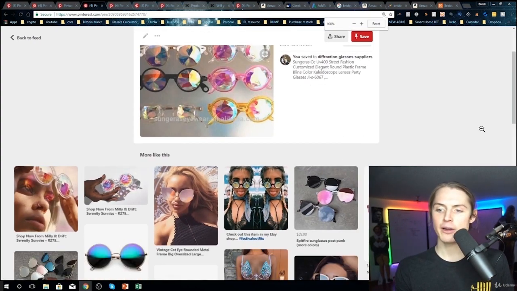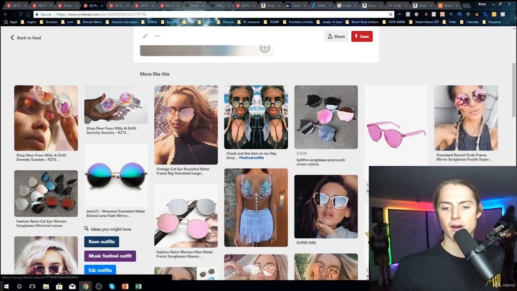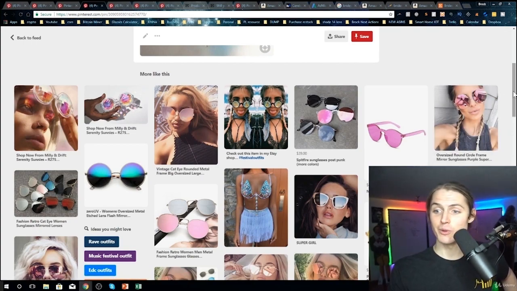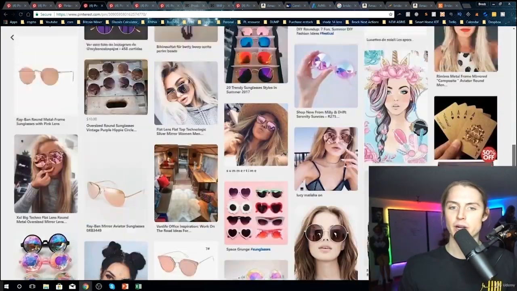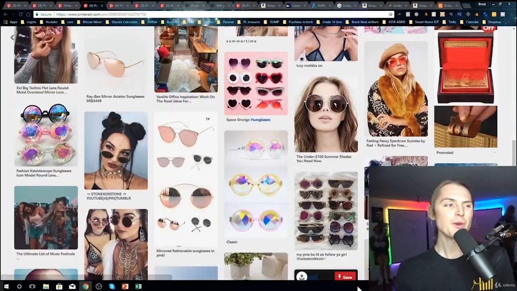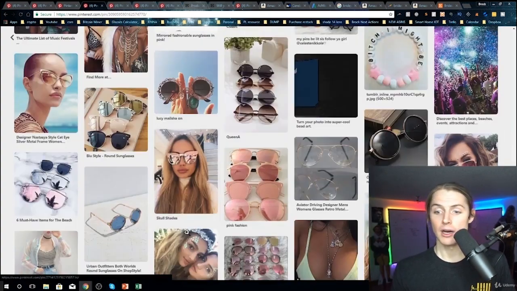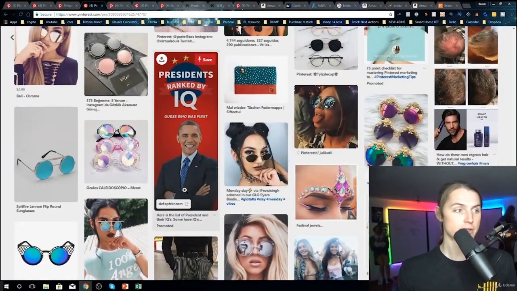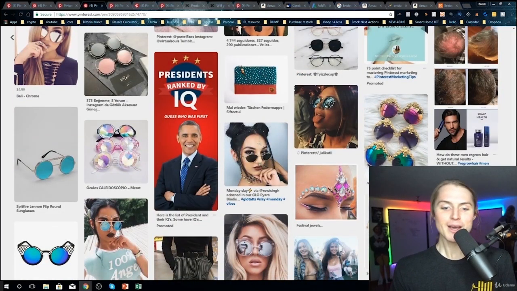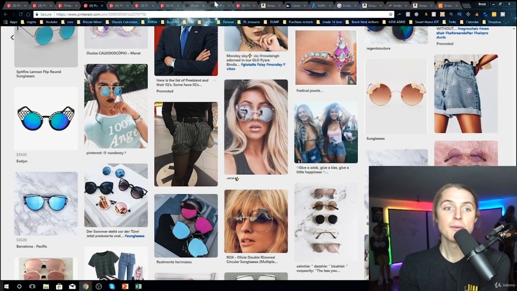So if I was trying to find, okay, well, is this a growing trend? What type of people are taking pictures with my glasses and everything, and what are some similar competitors? Because what do you even call these? Or what are the women calling these, or the people? I say women because there are not many men wearing these. There's Obama. Okay, but yeah, this is how you would use Pinterest.